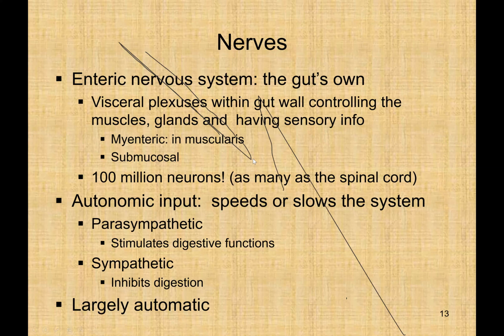When we say enteric nervous system, this is the gut's own innervation, where you have the visceral plexuses within the gut wall, controlling the muscle glands and having sensory info. Examples of these are the myenteric plexus and then the Meissner's plexus, which is known as the submucosal plexus. Then we can also have the autonomic input, where you have parasympathetic, which will stimulate digestive functions, and sympathetic, which